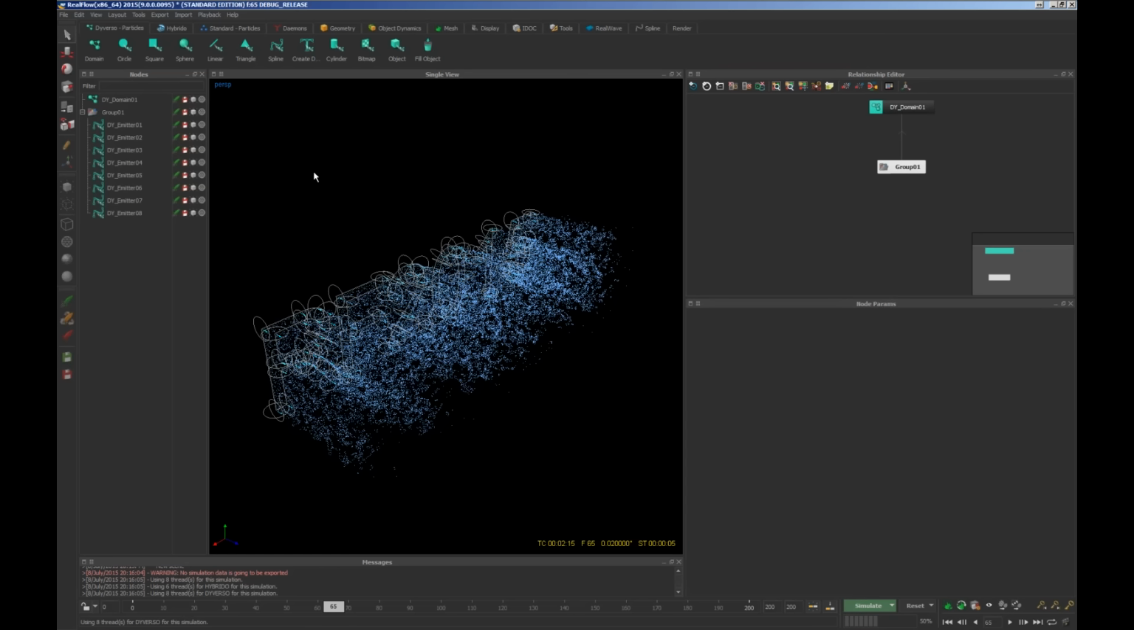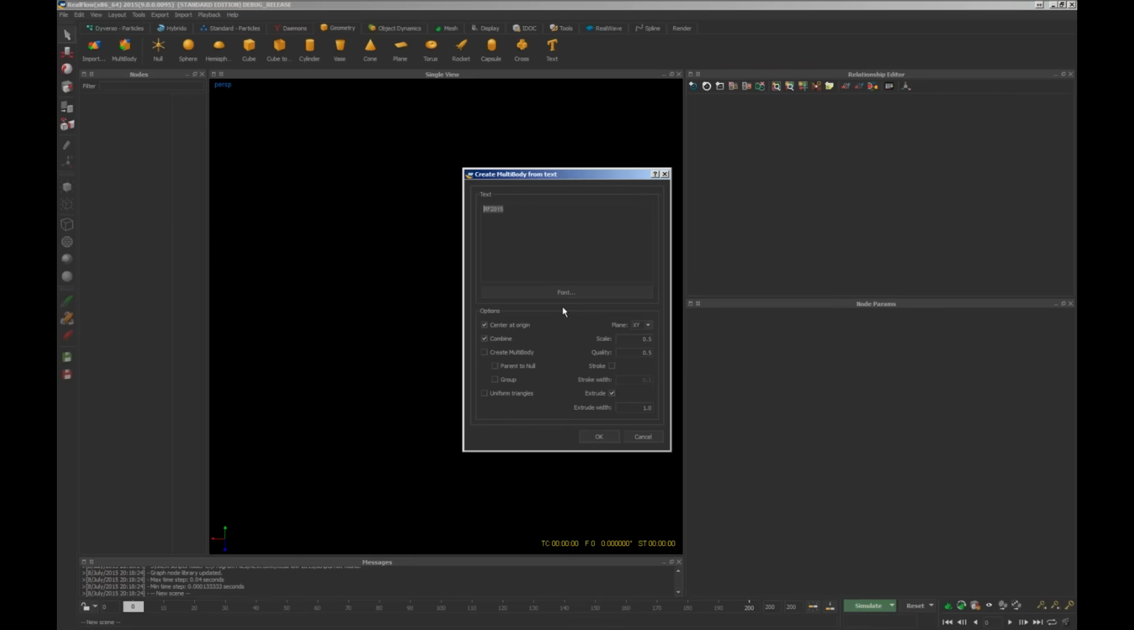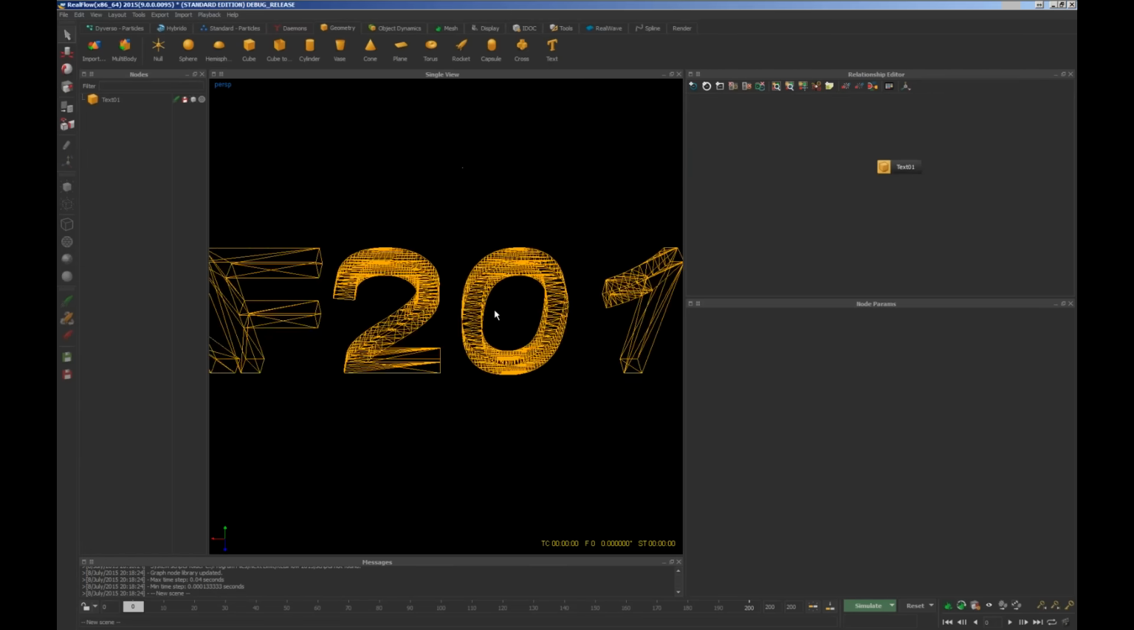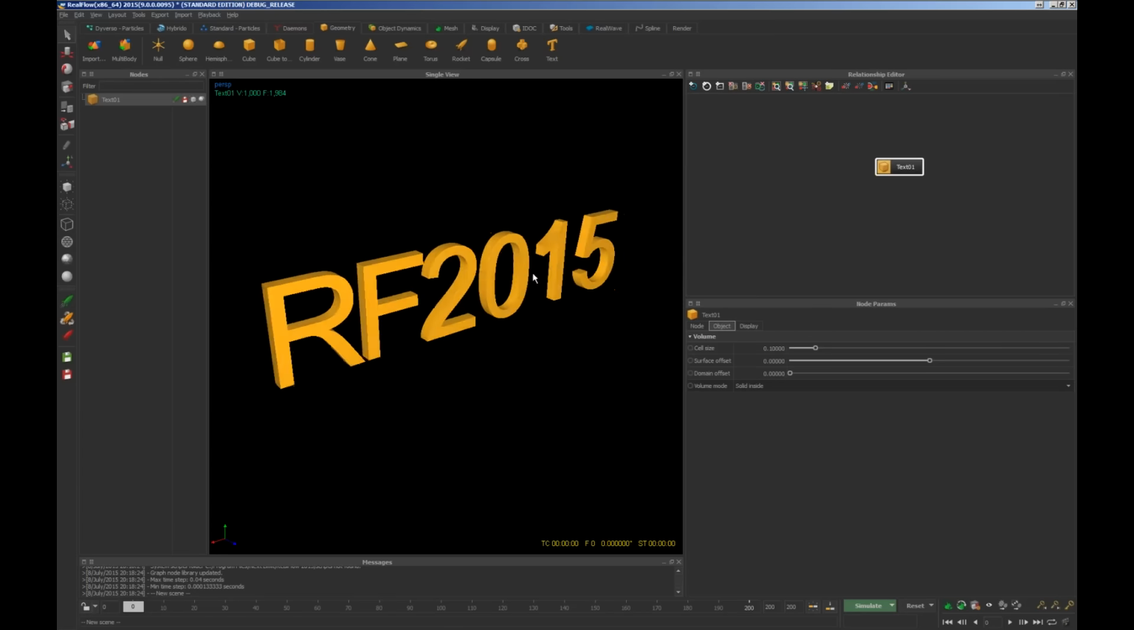In addition, RealFlow 2015 has the possibility to add text as geometry from this tool here. So I'm going to start a new scene. I'm going to place the same thing. Combine, scale. Okay, it's okay. And here we are. That's better. This geometry can be used as a dynamic object, so we can fracture it or fill it